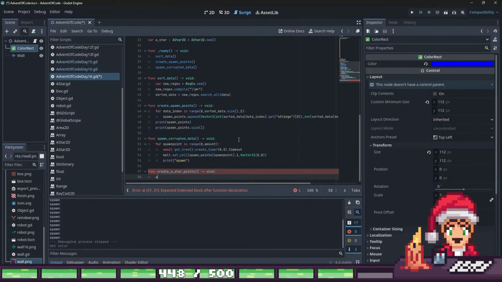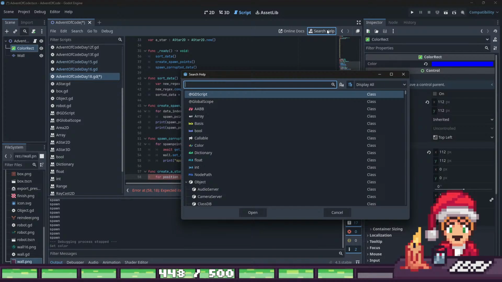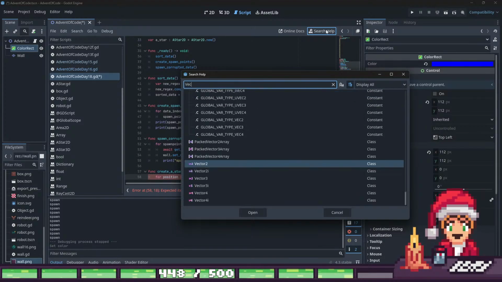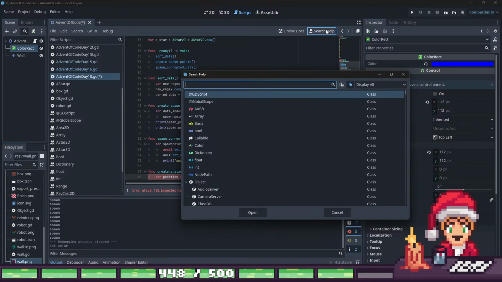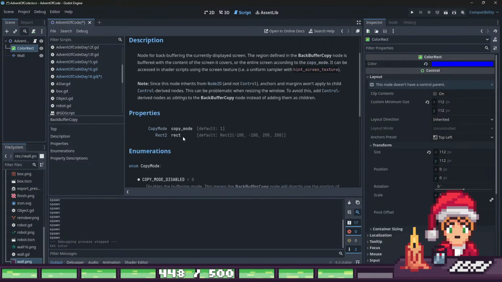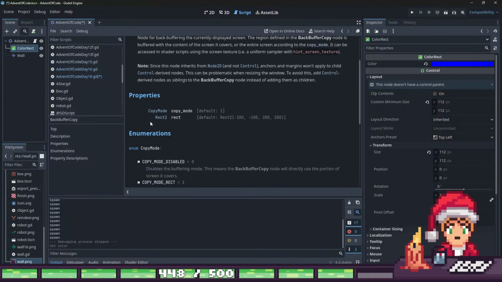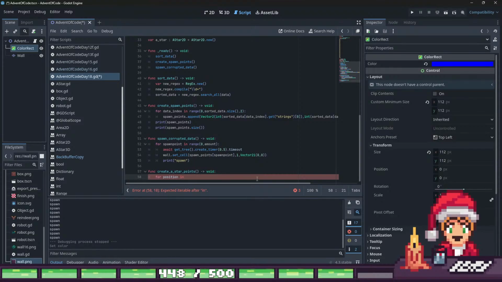Alright, we do a star dot add point for position in, there's 100% something that is called, how's it called, rectangle. For position in